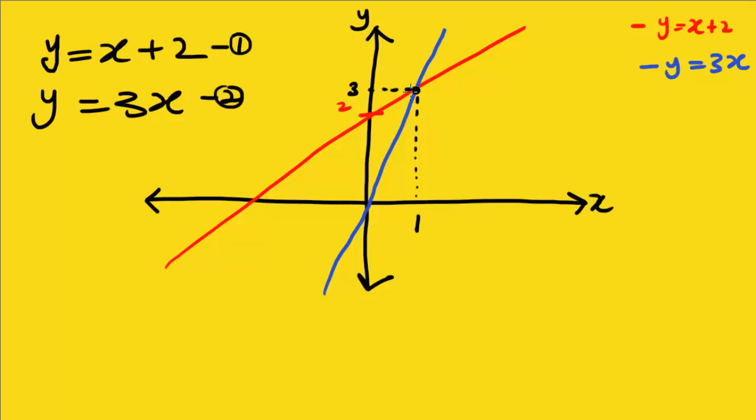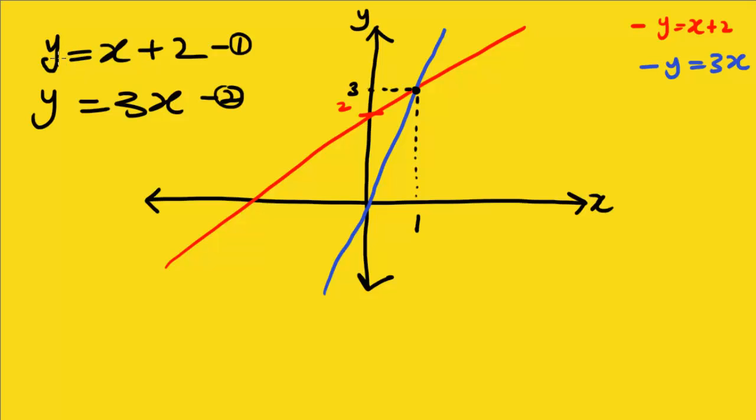If you look at the blue graph, if you go to this point on the blue graph, you see that the y coordinate is 3. On the red graph, or the red line rather, at this same point, the y coordinate is 3. Again, the same thing for the x coordinate. At the point of intersection, both of the graphs have the same x coordinate, and that's the idea of intersection. So if you just think of the fact that when they intersect, they have the same y value,